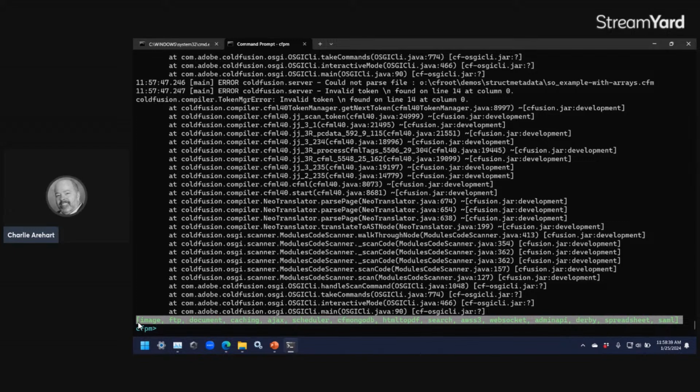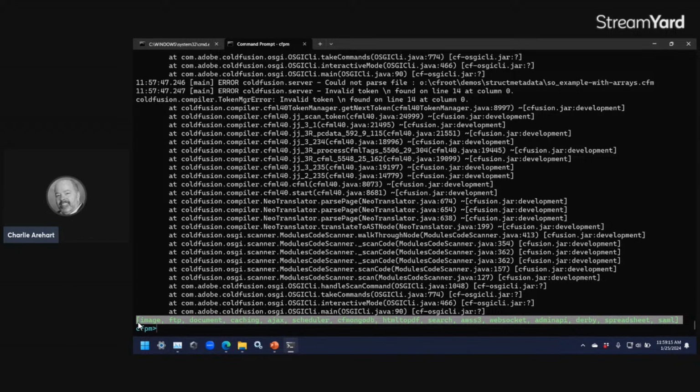Or if I was creating a container, now here's the big wrap-it-all-up. If I was creating a CF container using the Adobe ColdFusion images, when I build that container, I'd pass in install modules equals this list. I'd take off the bracket at the front and the back, but I'd say install modules equals this list. And then when that container started, it would load those packages. And then if that code was implemented in that container, or if I had a volume pointing to that code, the point is, if I run that container pointing at that code, it will work because I will have imported the